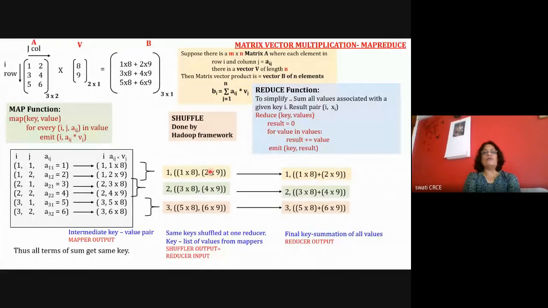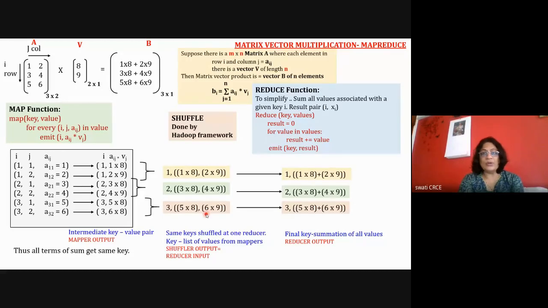The reducer is not performing any heavy job. The mapper is going to perform the heavy job most of the time. So your complex code is there in the mapper, and shuffling is done with respect to the keys, and the reducer is doing some operation like summation, maximum, minimum, or average, or something like that. I have taught you this in detail in the previous lectures, the previous to previous lecture.